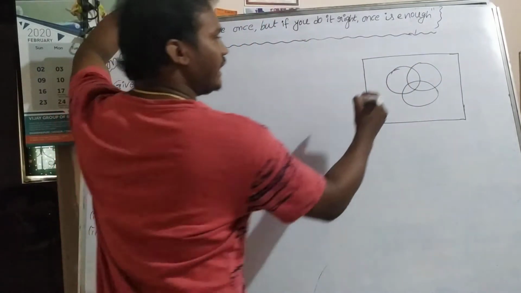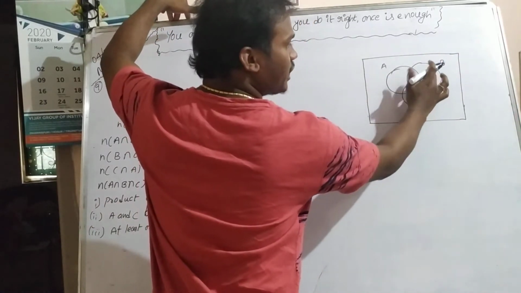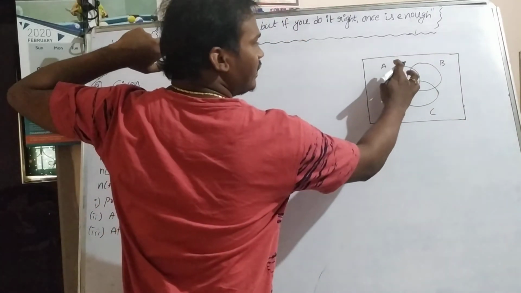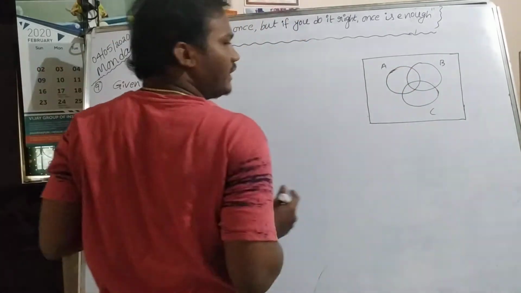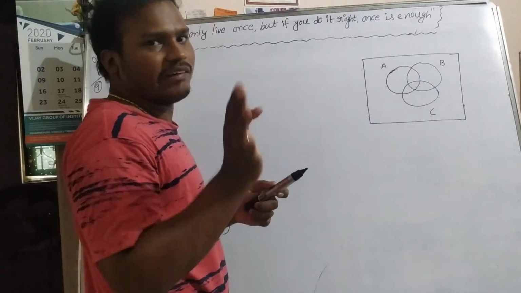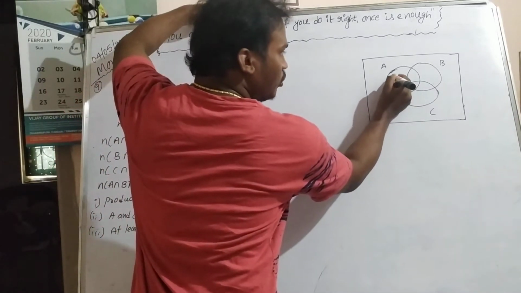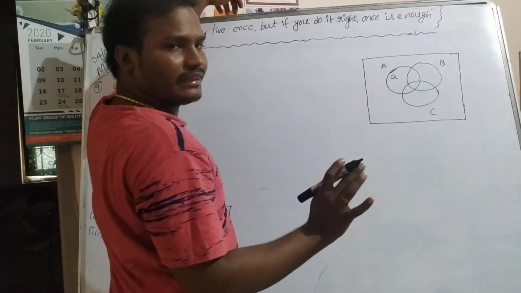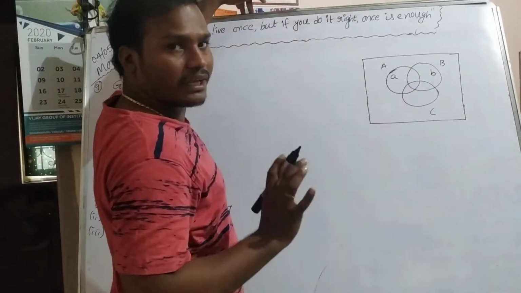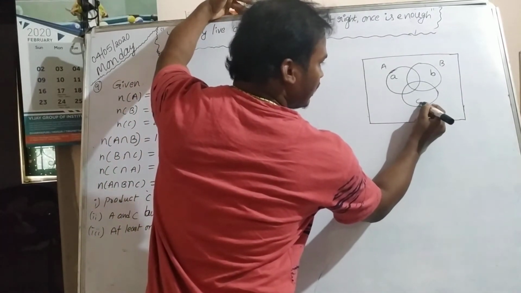Okay, this is set A, this is set B, means product A who like, this is product B, this is product C. I am taking like this. Okay, and I am taking some elements, means the number of people who like exactly product A, they will not like other products. I am taking the number of people who like only product A. The number of people who like only product B I am taking B. The number of people who like only product C, I am taking like this.